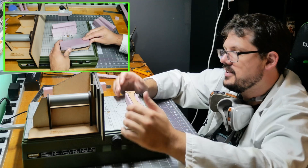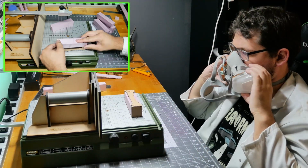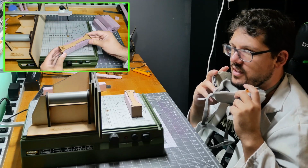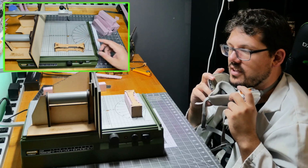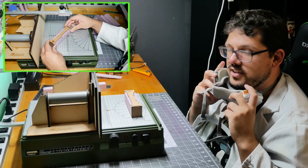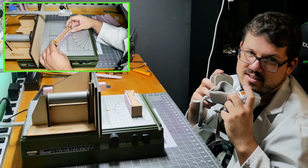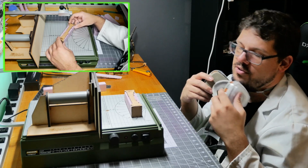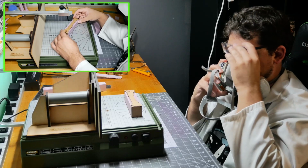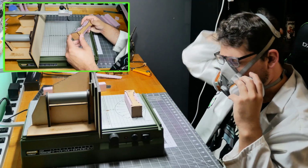Anyways, let's get to testing one of these. I'm going to do it while you're on camera here. And since I'm going to be close to this, I'm putting on my ventilation mask. I don't like breathing stuff that's not air. I feel like insulation foam probably isn't good on the lungs, considering it melts and it's sticky, and who knows what else is in there. I just don't want to breathe that stuff. Make sure you either well ventilate your room, or you have some kind of ventilator to protect you. So excuse my voice. I'm about to go a little Bane. Maybe you can't hear it as well, but...